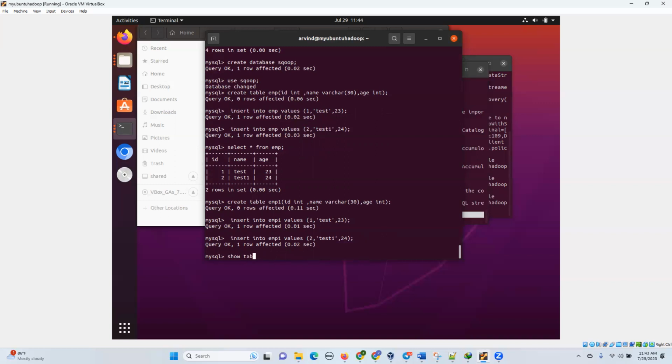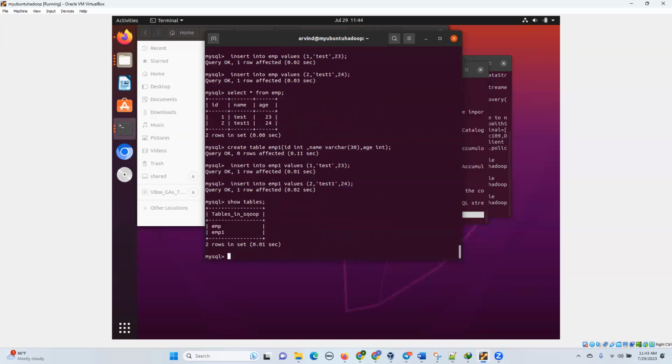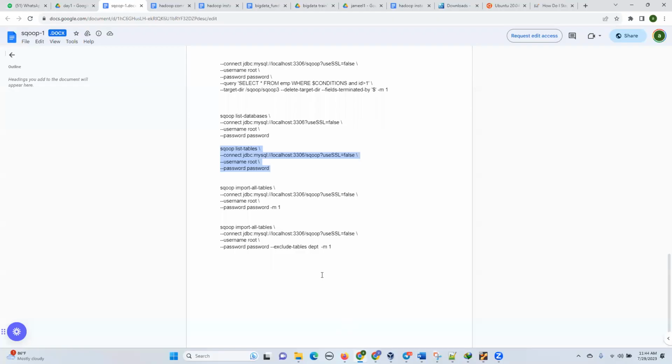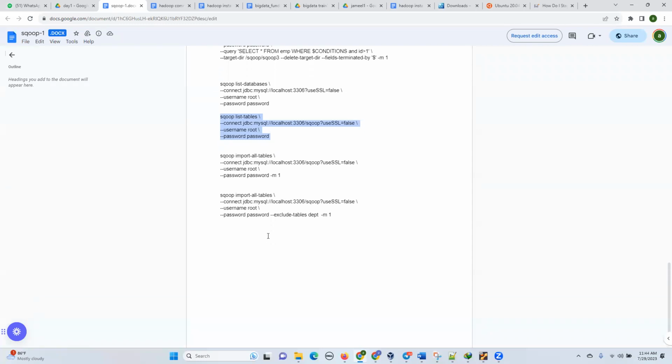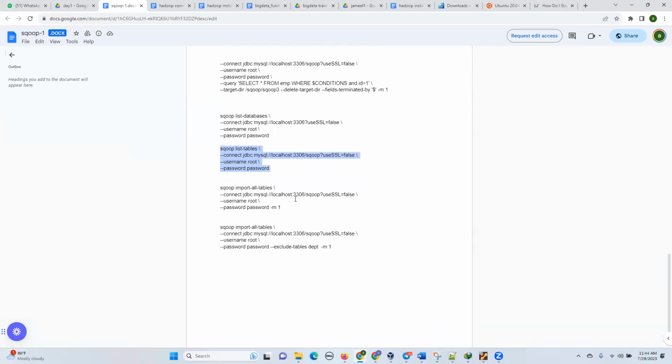Okay, show tables. So there are two tables in this Sqoop database. Okay. Now I want to do sqoop import-all-tables. By default, Sqoop imports only one table at a time. But if you have more than one table and you want to import all the tables, then